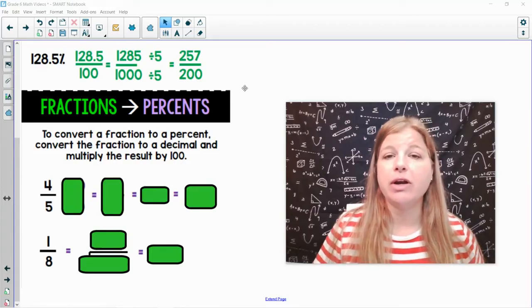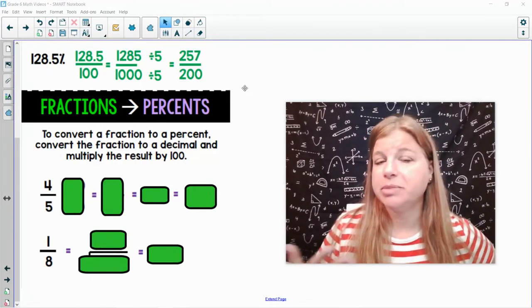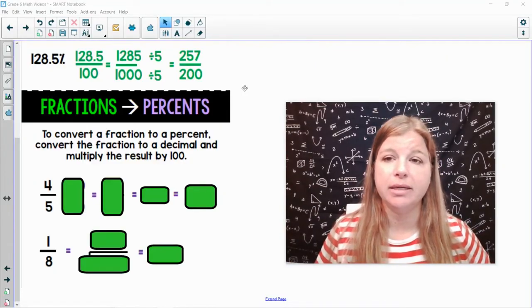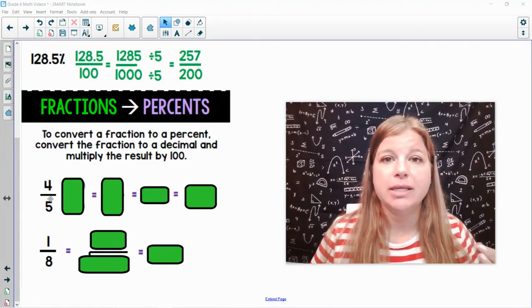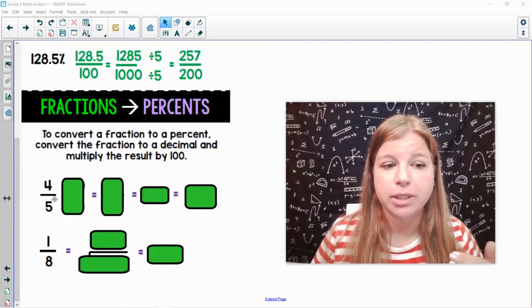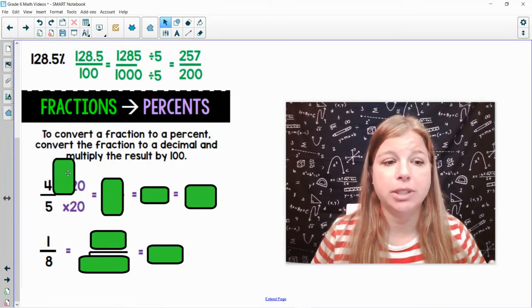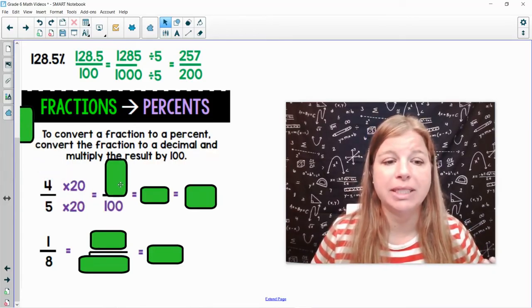So if I can figure out what this fraction is as a decimal, then going from decimal to percent is just multiplying by 100. That's pretty easy there at the end. And I'm going to show you two different strategies. For example, 4/5, I can rewrite 4/5 with a denominator of 100. So I know that 5 times 20 is 100. So if I multiply 5 times 20 and I get 100 in my denominator, 4 times 20 would get me